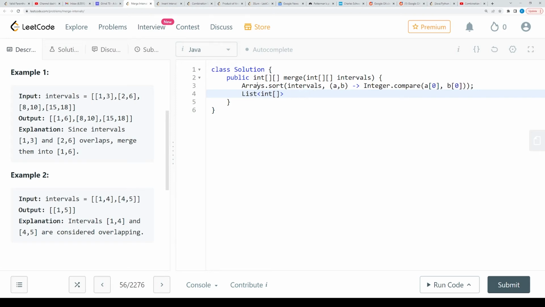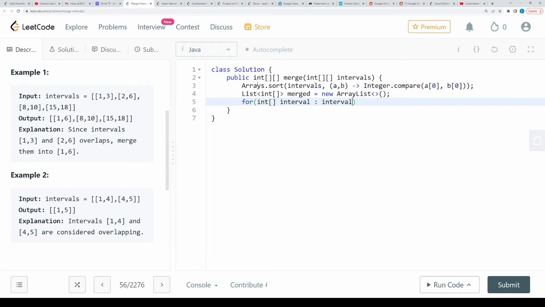This is going to be called merged, and it's going to be a new ArrayList. Okay, and then we're going to loop through our intervals array. Okay, so just do a for each loop. So here for each int array called interval